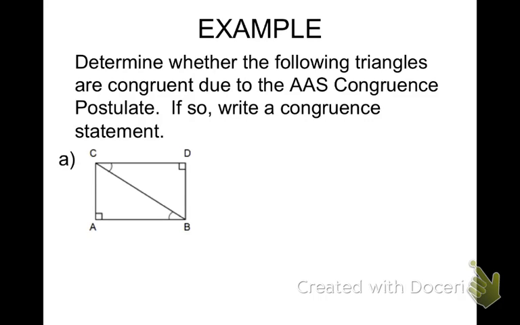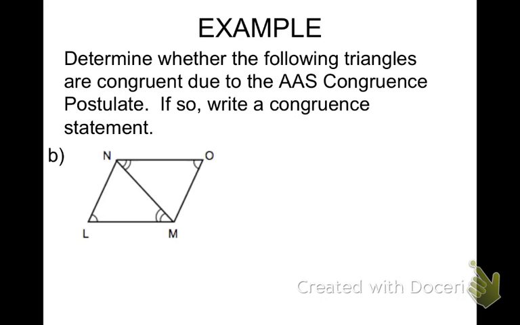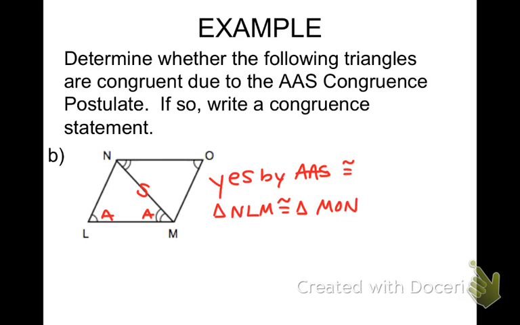We look at part B. Do you have two sets of congruent corresponding angles? Yes, there's your angle, there's your angle. Where's your side? In the middle with the reflexive property. Is the side in between the two angles? Nope, so yes, by angle, angle, side congruence. I'm going to go triangle NLM would be congruent to triangle MON. And that is that. So we'll say proofs